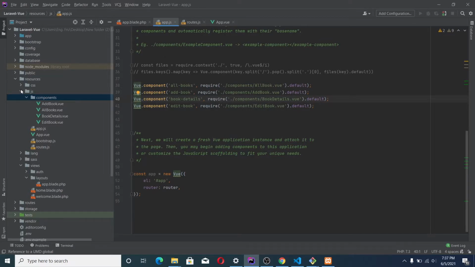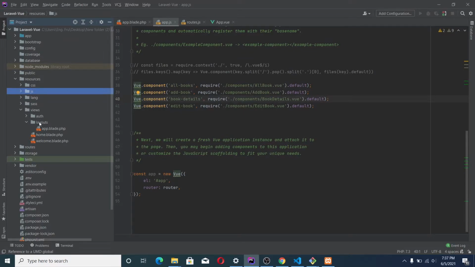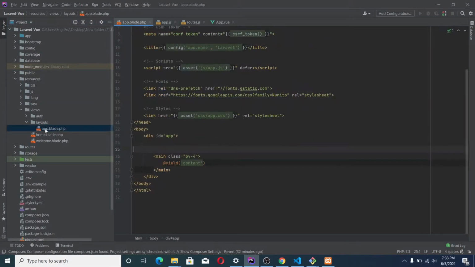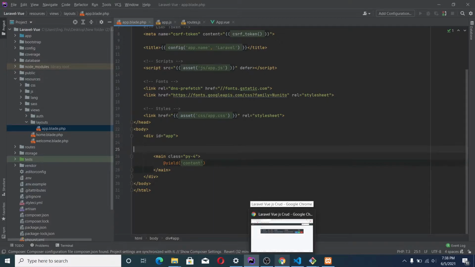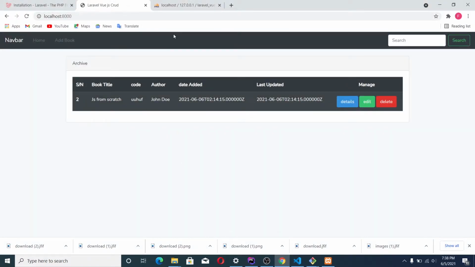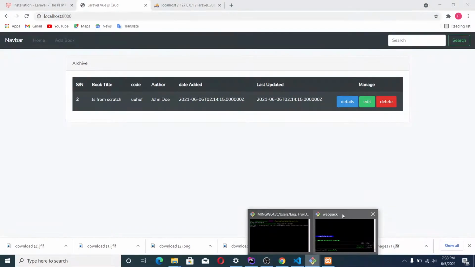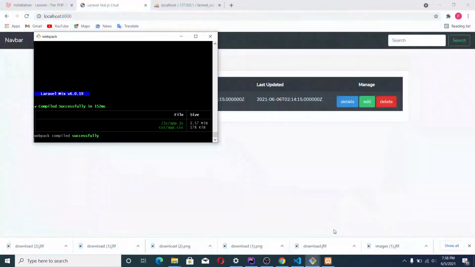Now let's go back again to our layouts. You see we have app.blade.php. Remember, we made all of these things here. Now if we go to the browser, let us go and run the project that we have made so far.